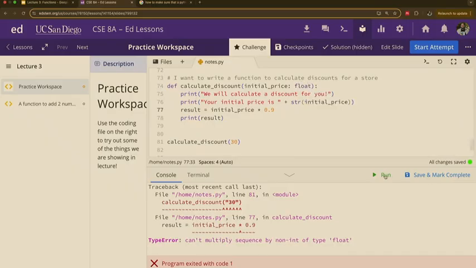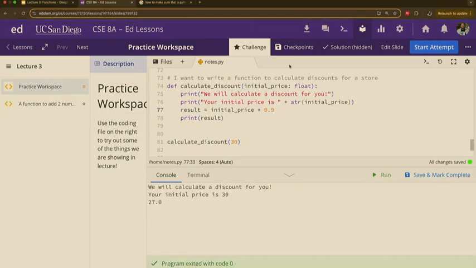What if we want it to be a floating point, no matter what? Float is going to be able to type convert it for you. So basically, if you could do that type conversion, it'll do it for you automatically. So it got the integer, 30. It said, well, 30 is an int, but they're looking for a float. Let me help them out and make it into a float for them. And it worked out that way. Initial price is 30.27. Okay? Does that make sense? Yeah, thank you. Awesome. Great. Thank you for the question.